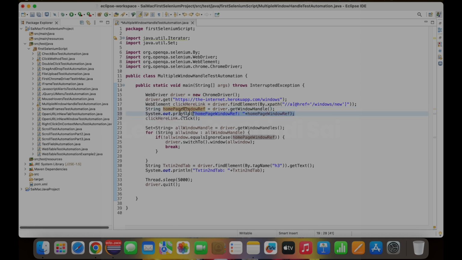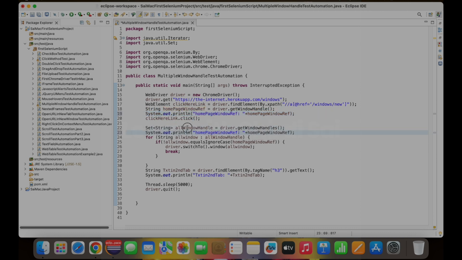Similarly, here also I will print all window. Here it will print the home page ID reference, and here it will print all the references available. Both the tabs will be printed here. After we have switched to the second window using this for loop and if condition, if it is matching, it will be switching to that second window. After that it will break. Then we are coming to the second page and here we are going to get the text of this